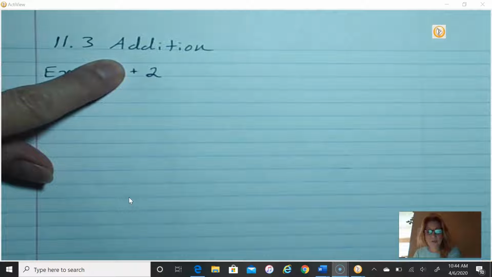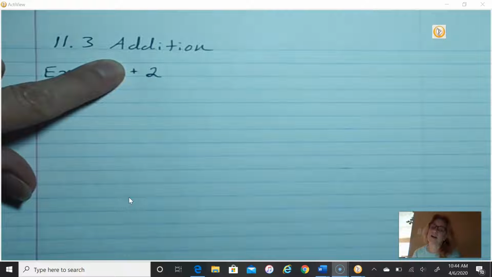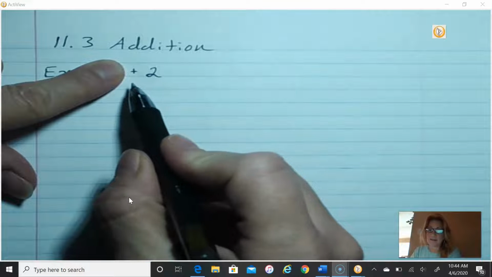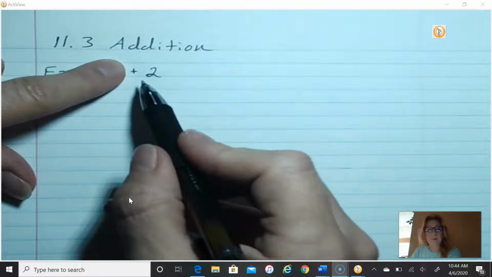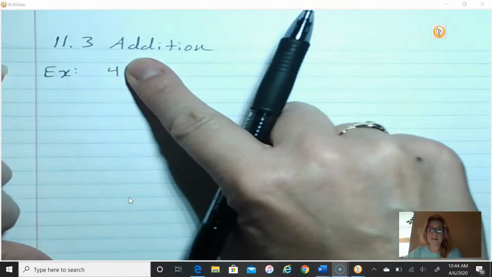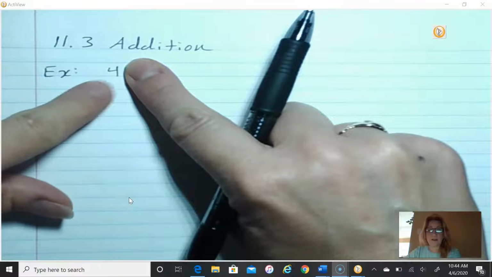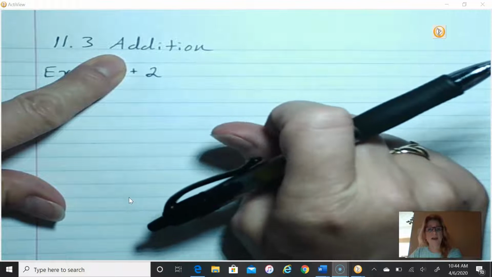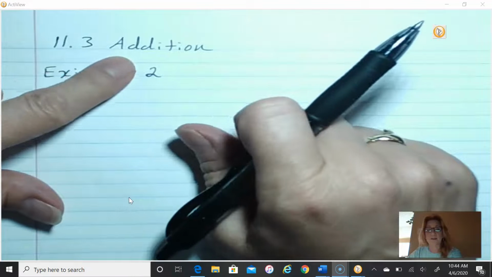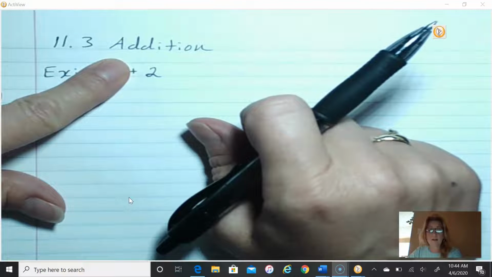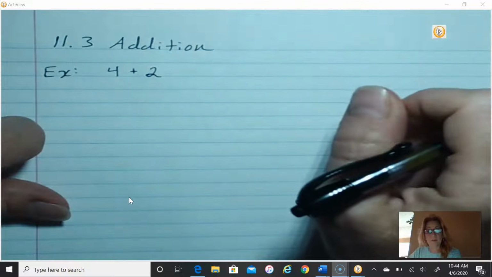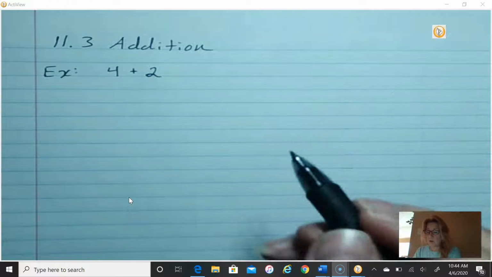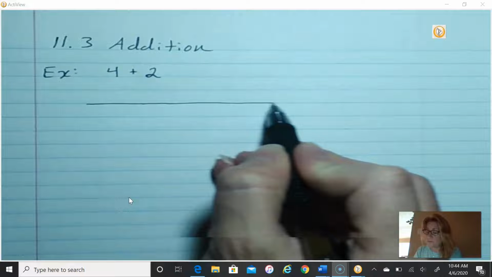You need to now, from here on out, especially next year in pre-algebra and algebra 1, you can no longer look at this as plus 2. That is a positive 2. That is a positive 4, because remember, if there's no sign there, that means it's positive. And that is a positive 2. And what we're doing is combining a positive 4 and a positive 2. From here on out, gone are the days where that's just 4 plus 2. Okay? So if we were doing this on a number line,